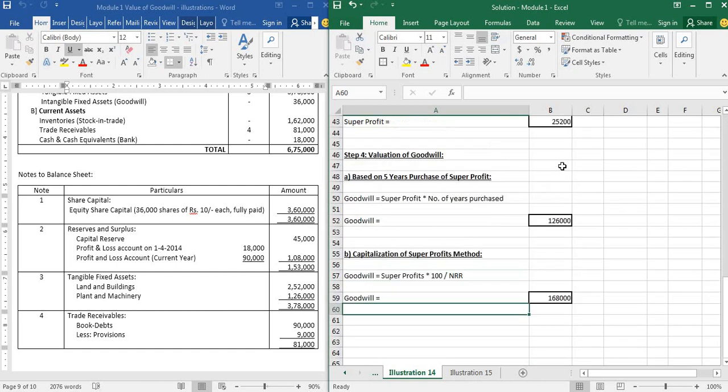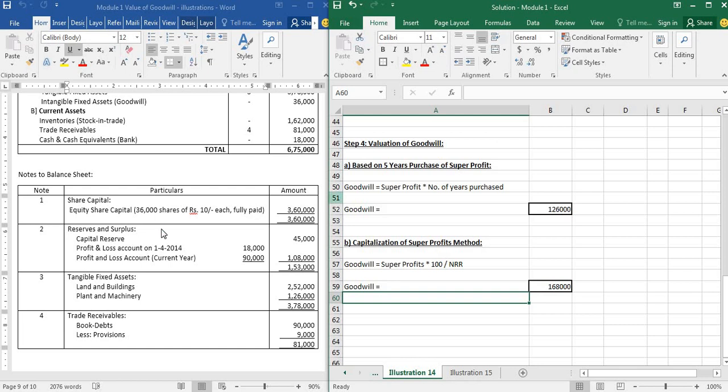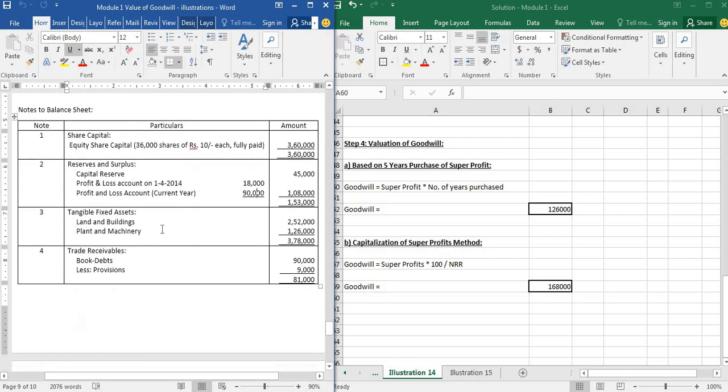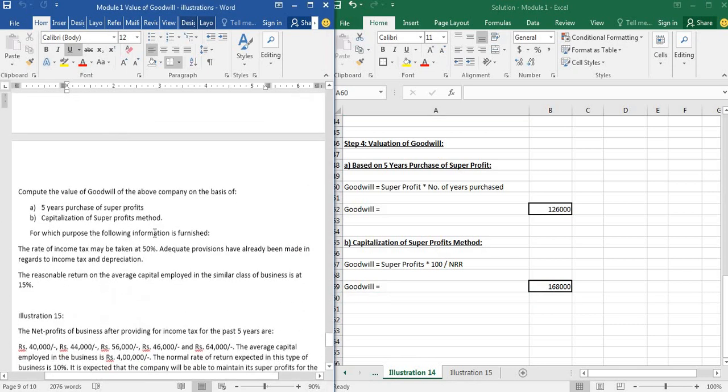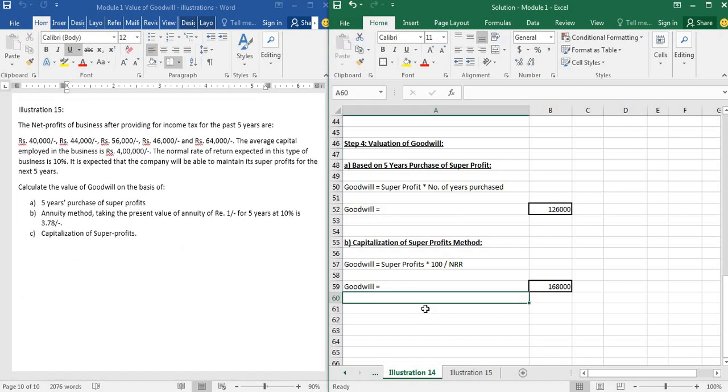I hope you guys have understood and have got same answers as what we have got here. All right. If not, check where you have went wrong, make the corrections and try to understand those. Even if you don't understand, you are free to approach me and get your doubts clarified.